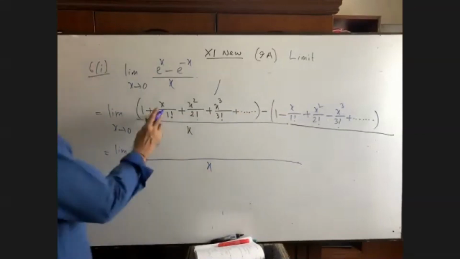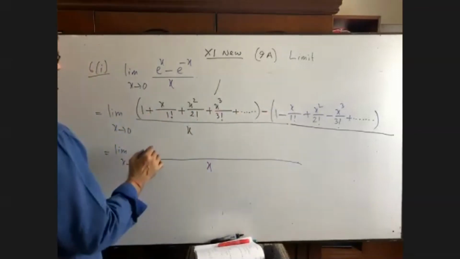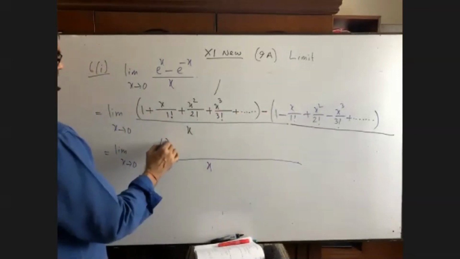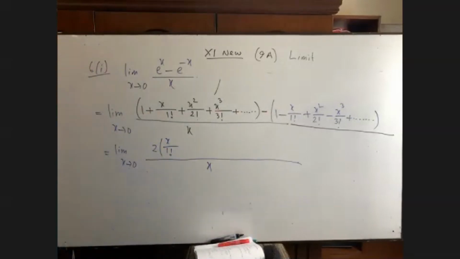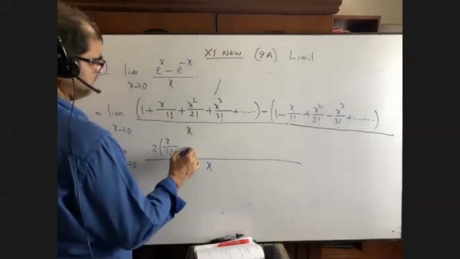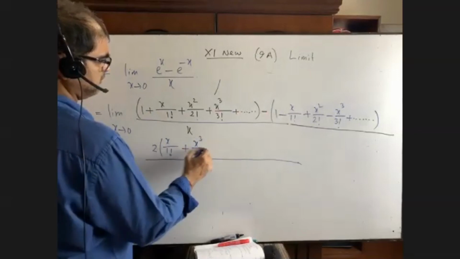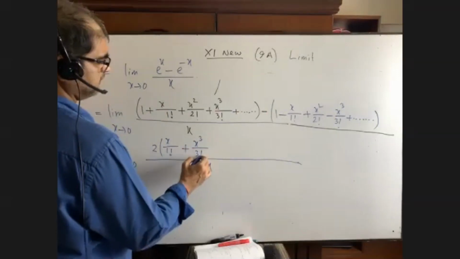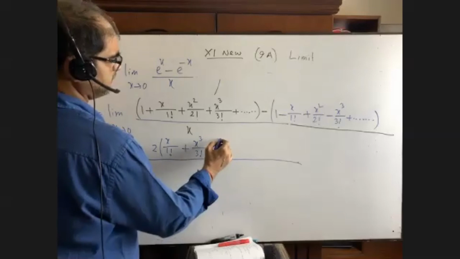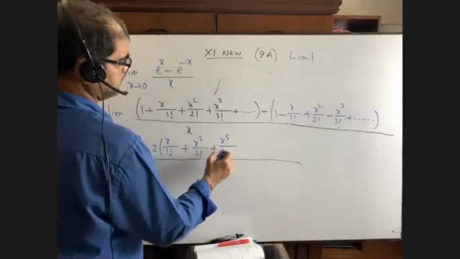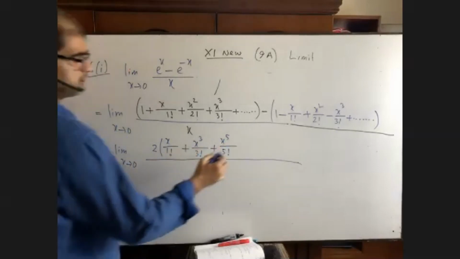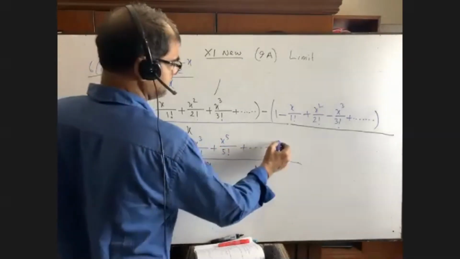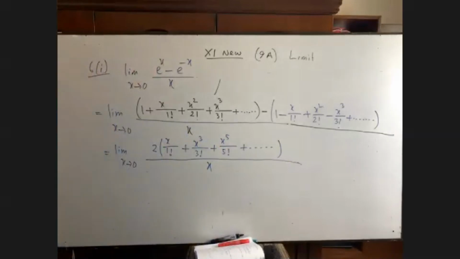Okay, so this and this will get, so we'll get 2x by 1 factorial, right? Is it? Then x cube by 3 factorial. Can you please tell me what will you get here? X to the power 5 by 5 factorial, though it is not written, but I can write it. There is a sequence. Will you get it or not? Talk to me.